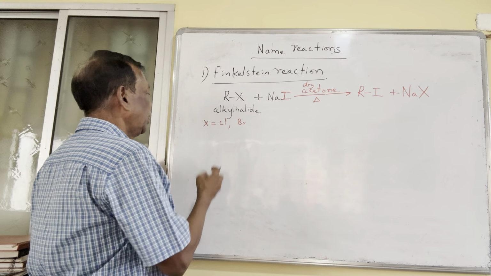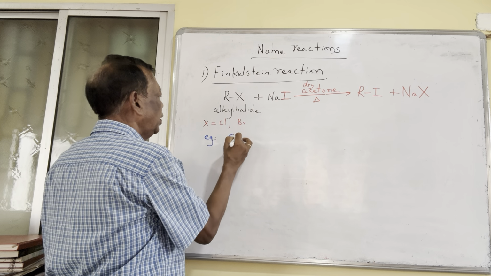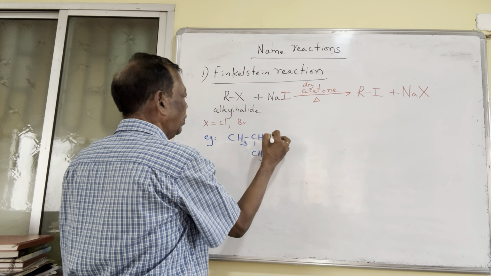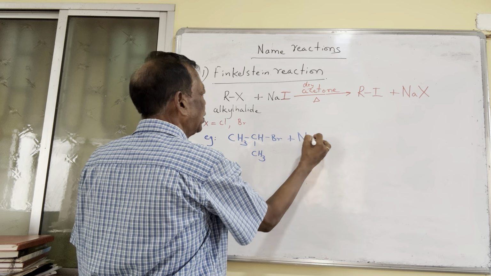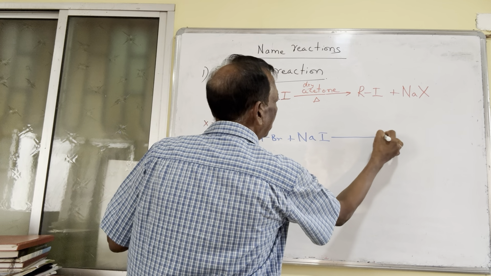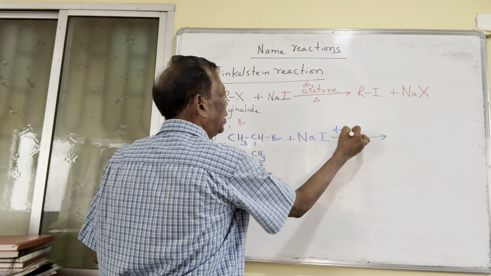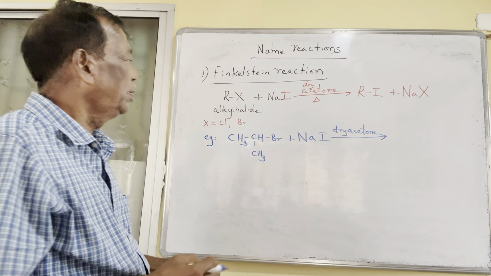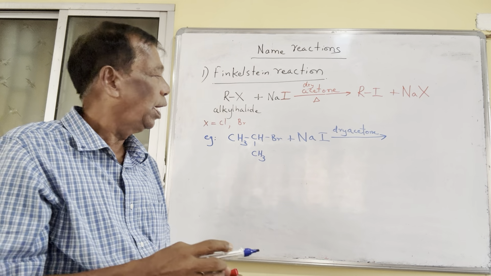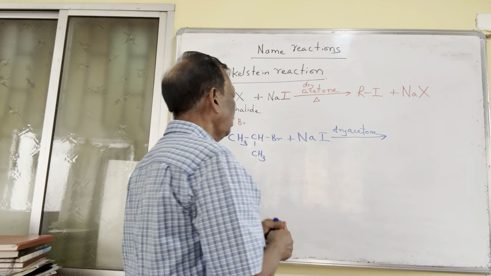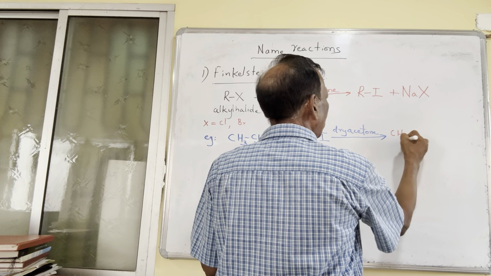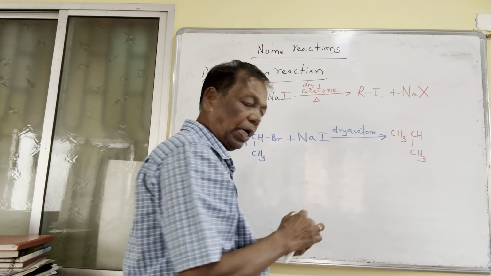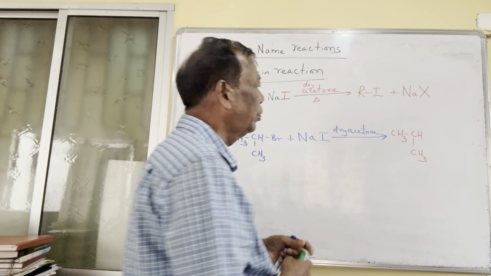Now let me give some example here. Suppose we have here CH3CHBrCH3, and if you happen to treat this with sodium iodide, the reaction carried out in what? Dry acetone. This condition you must know. Now what will happen here? This Br will be replaced by I, and you will get therefore the compound that will be CH3CHICH3, so here I will put I,